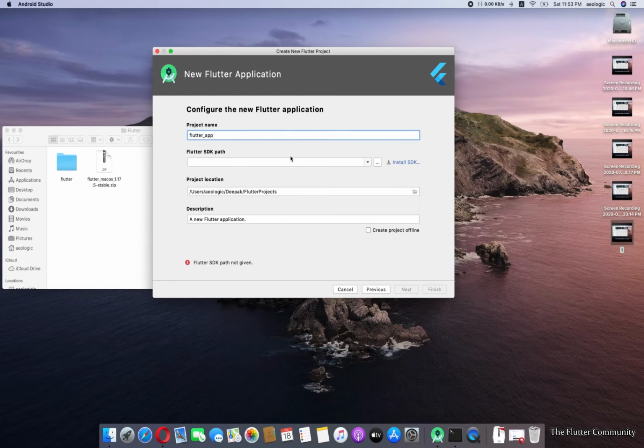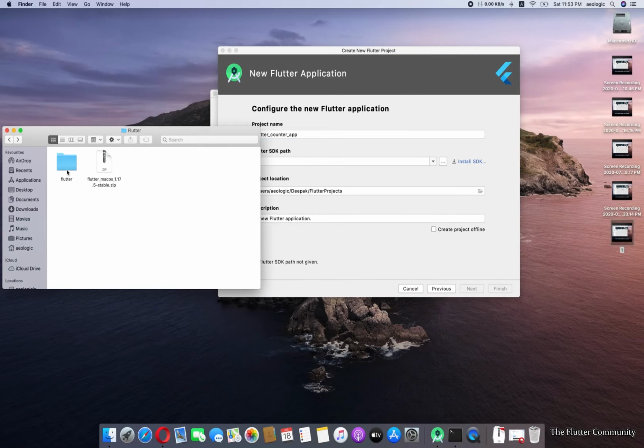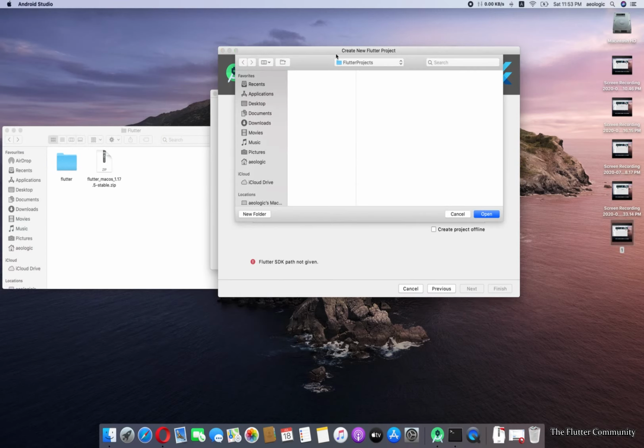So here is the project name. I'm going to name this Flutter counter app, and here is the Flutter SDK path, which we have downloaded and extracted already. Here is the location, so I'm going to locate the path for the Flutter SDK.